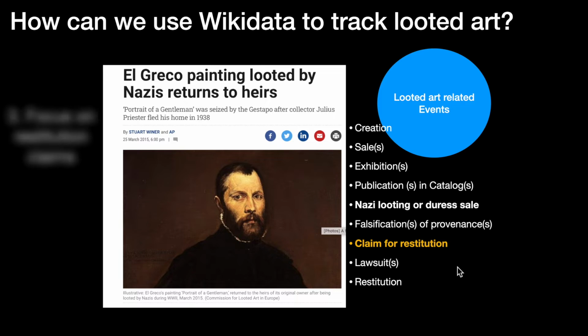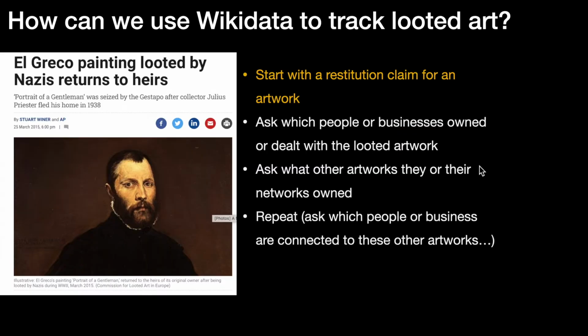So in that claim for restitution, there's a bunch of information that we're going to see. And so we're going to look at all the people or businesses that were associated with the artwork. We're going to ask what other artworks they or their networks owned, and then continue in an iterative process to